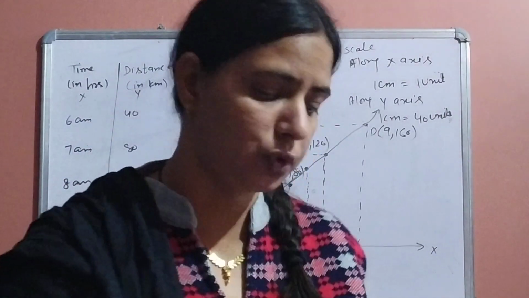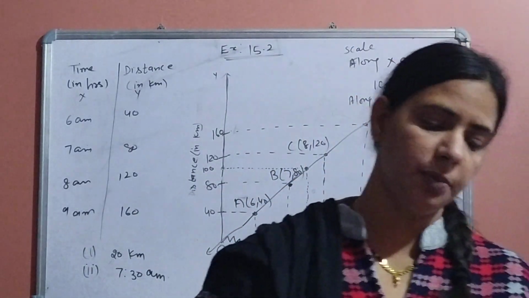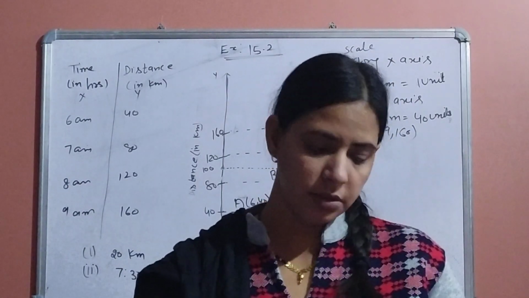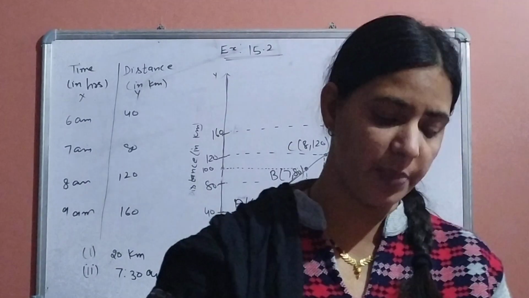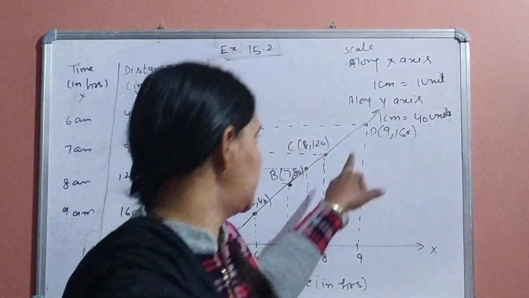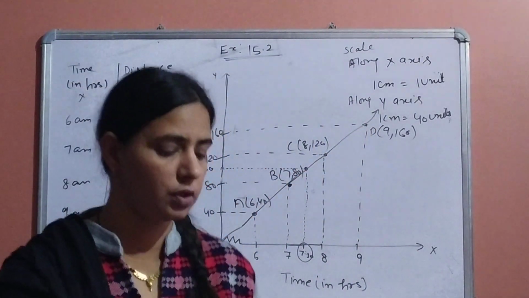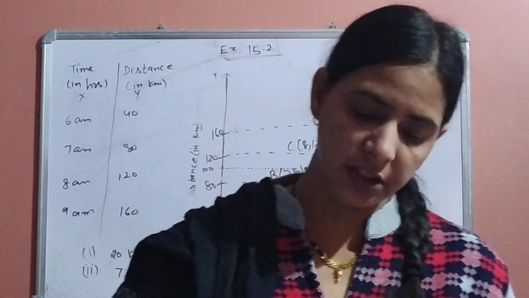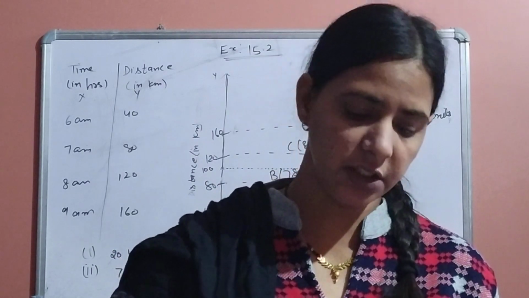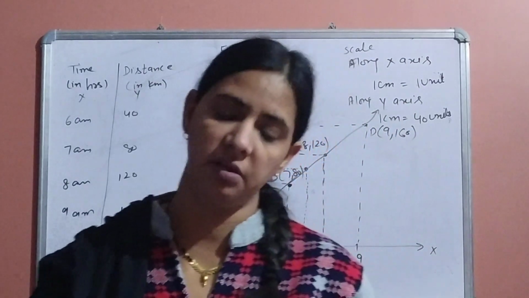Now the third question you will do yourself. The question is: interest on a deposit for a year. Deposit and simple interest are given. You will draw all these points. Does the graph pass through the origin? Or, if the line is coming, when you extend it, then you will see whether it is passing through the origin or not. Use the graph to find the interest on rupees 2500 for a year. To get an interest of rupees 280 per year, how much money should we deposit? Some questions are given.